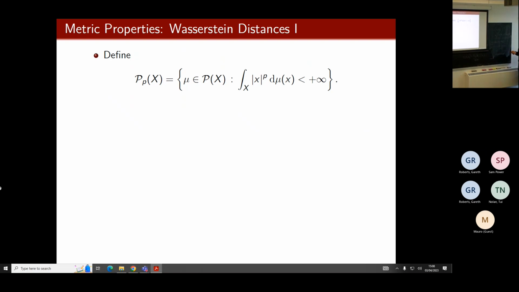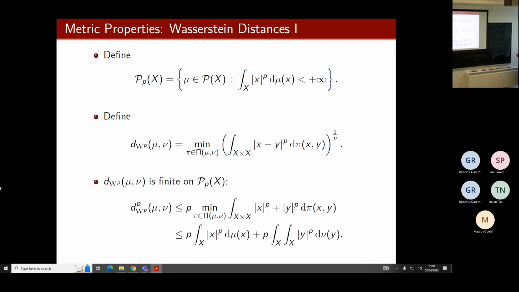Okay, so if P_p is the set of probability measures on X with bounded p-th moment, define the Wasserstein distance as the p-th root of the optimal transport problem where the cost is the norm of x minus y to the power of p. My first comment is that the Wasserstein distance is finite on the set of probability measures with bounded p-th moment. This is very easy to show because we can bound the norm of x minus y to the p by a constant times the norm of x to the p plus the norm of y to the p. So then we're bounded by